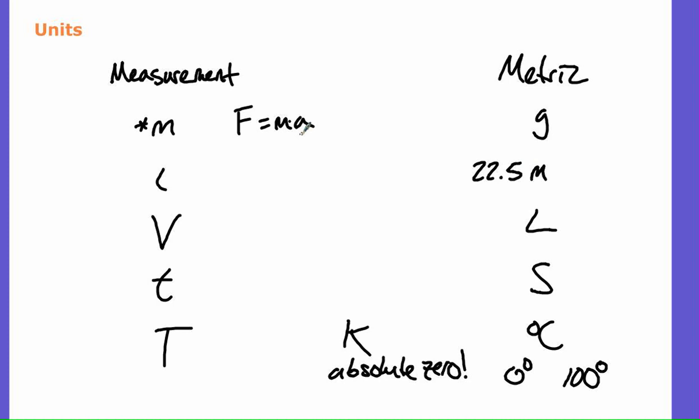And in fact, this acceleration right here has a compound unit, right? If we were using this to measure our weight on this planet, the acceleration due to gravity is 9.8 meters per second squared, so it can kind of be confusing. I've got a meter here, I've got a little m here, which one's which? So if it's attached to a number, it means meter. If it's part of an equation, it means mass. You just kind of have to get used to it.